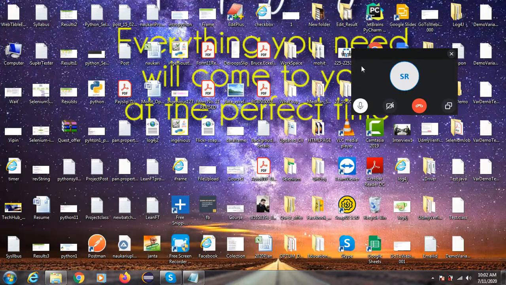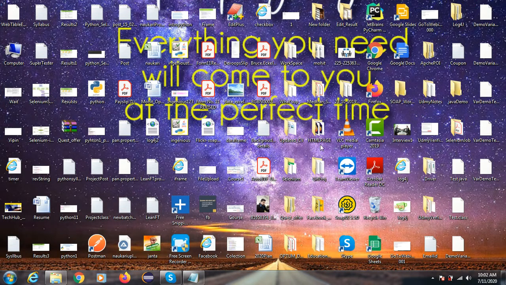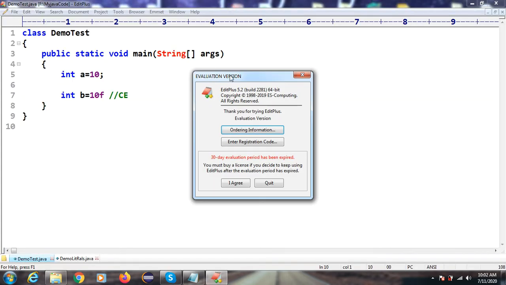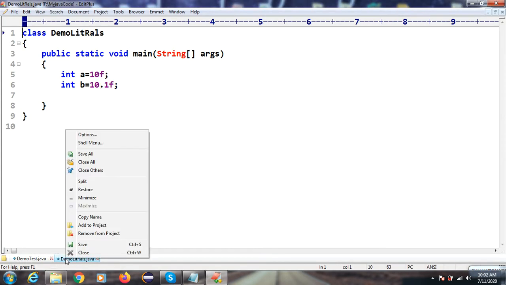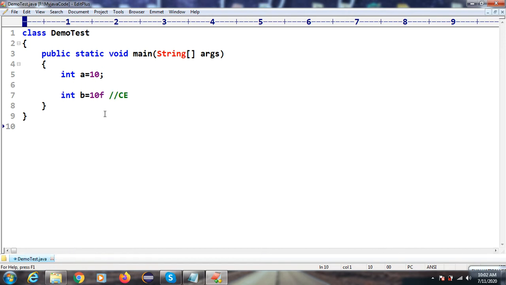Required. So in Java or any programming language, if you are storing some value, we have to mention which type of value you are going to store. That tells the compiler, and the JVM is able to understand which type of value you are storing. So that's why we require data types.